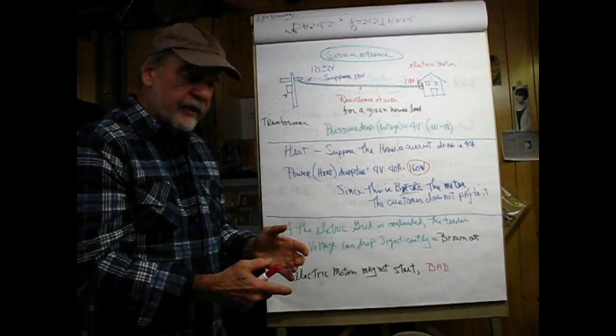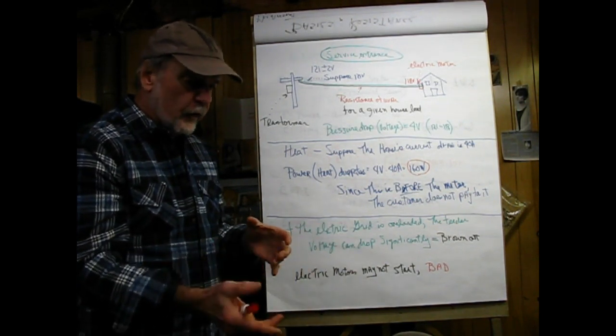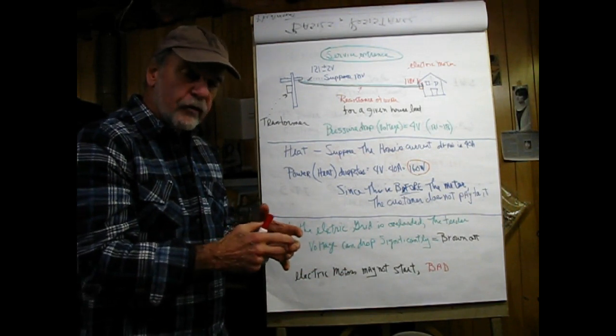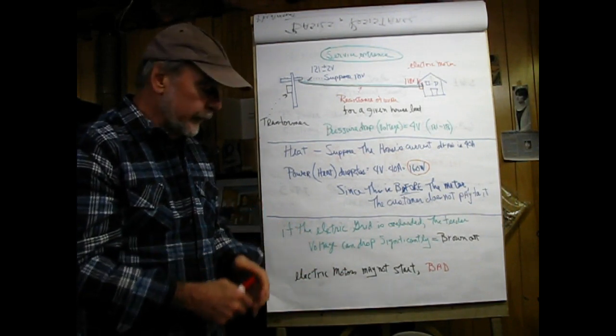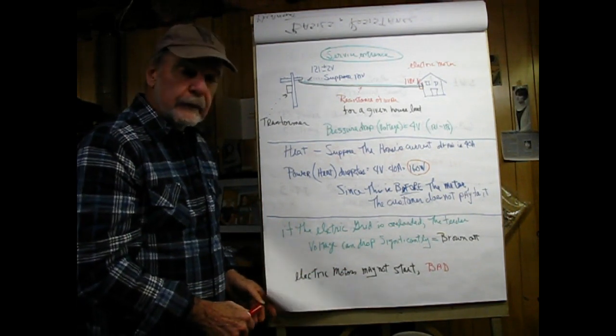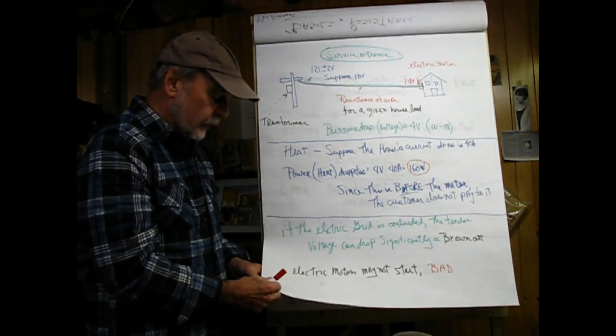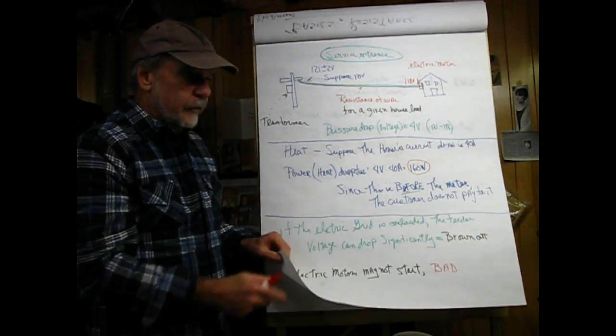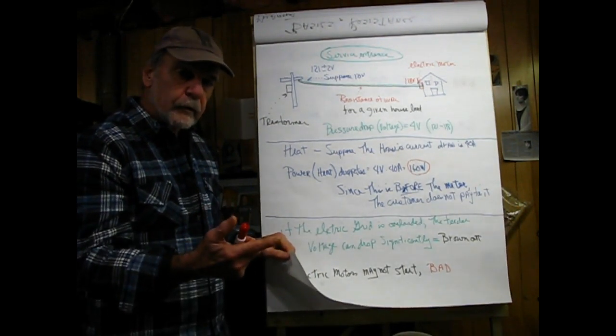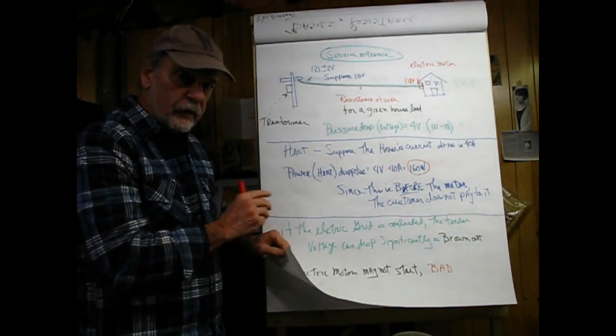If it never gets to that speed or drops back down, the starter winding or capacitor will be clicking in and out of the circuit, and motor failure, given that happened long enough, will be imminent. So brownouts are kind of bad, and we hear about roving brownouts or blackouts in, say, California, and that's to deal with this,